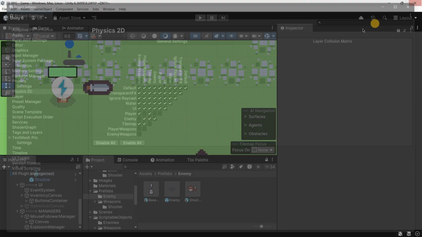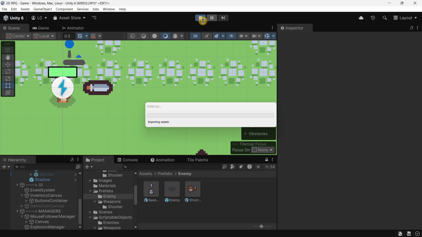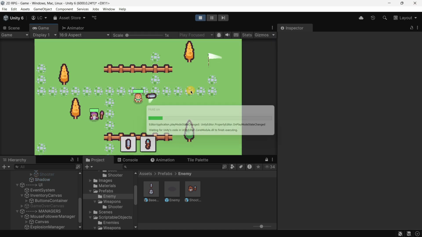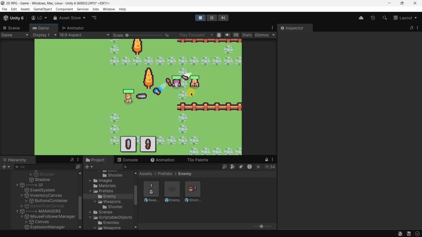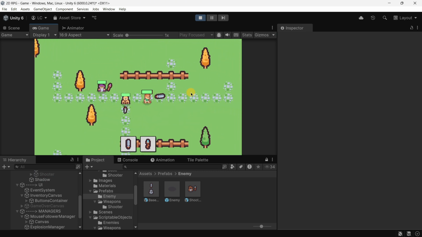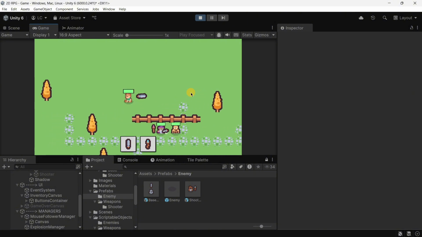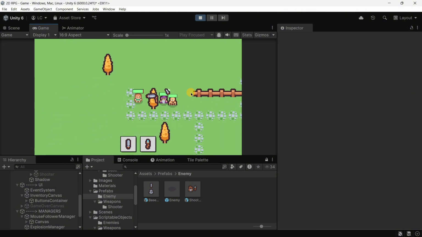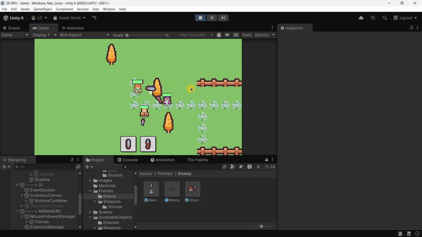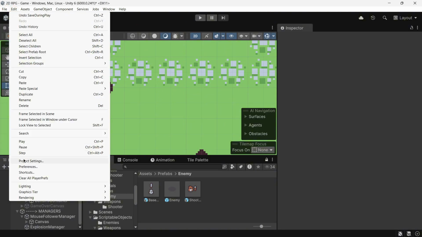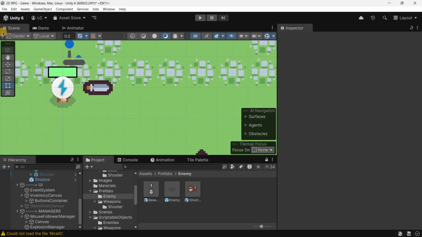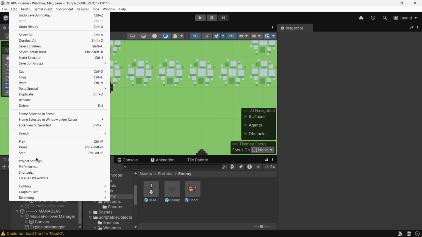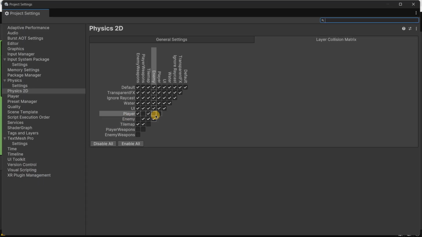If I enabled this, what would happen is that I believe enemies would start pushing each other as if they were solid objects. So let me try to do it like this, and as you can see, they are kind of pushing each other, and I don't like that interaction, because it also can lead to some errors if I'm moving around. So that's why I disabled that functionality, so you can see how much power or control you have over your collisions using this collision matrix in Unity, or the collision layers and masks in Godot, but the concept is the exact same one. So let me disable this,